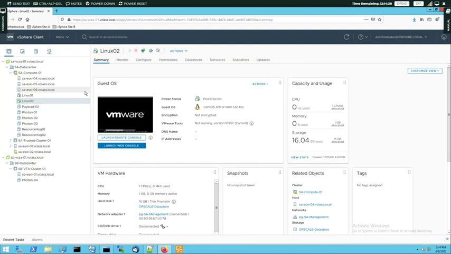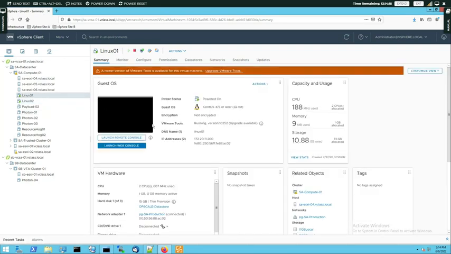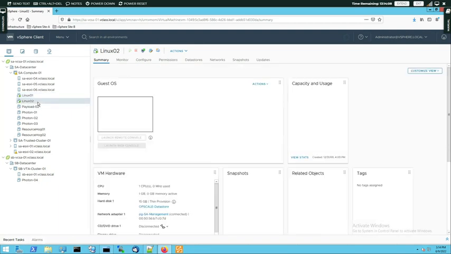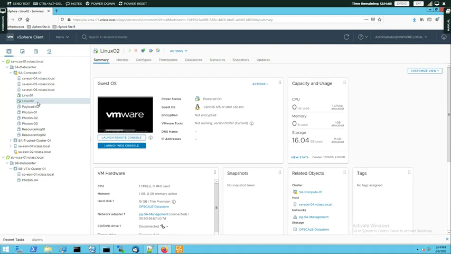We need to wait for about 20 or 30 seconds for this VM to successfully load. What do we need right now? We need to wait for this VM to load up, and we need to record its IP address. So again, our Linux 01 VM has an IP address which ends with 11.200. And for our Linux 02 VM,